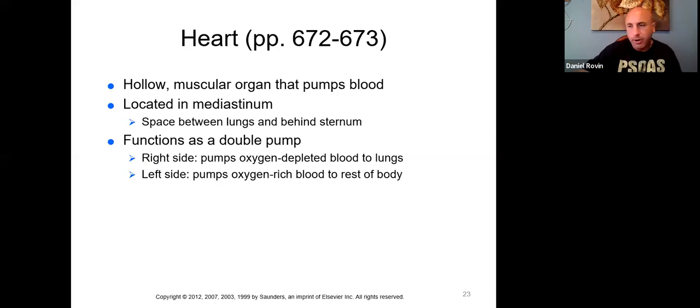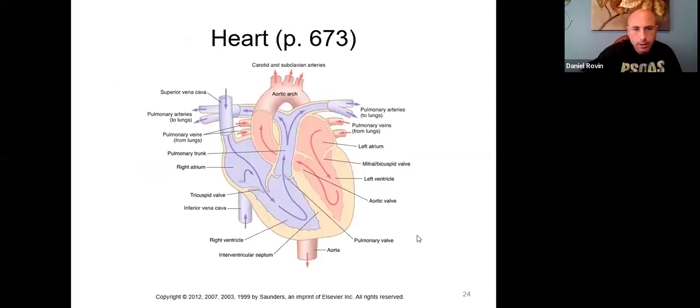The right side of the heart is responsible for pumping blood to the lungs. So that means the blood going through the right side is oxygen poor. Once blood has gone through the lungs, it comes back to the left side of the heart, oxygen rich, gets pumped through the left side of the heart, out to the rest of the body to feed the body oxygen rich blood. So again, the arrowing, if we zoom in on the heart,